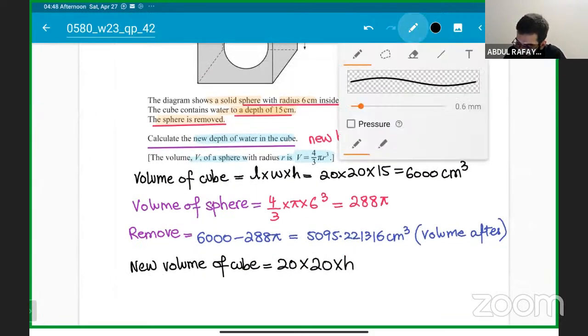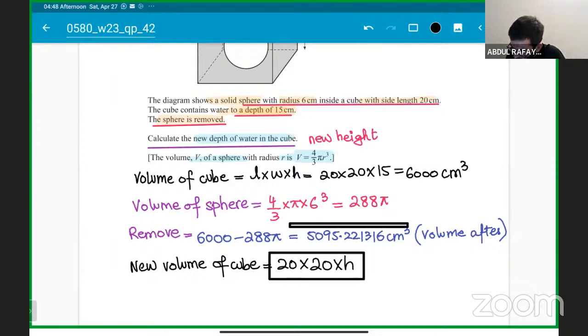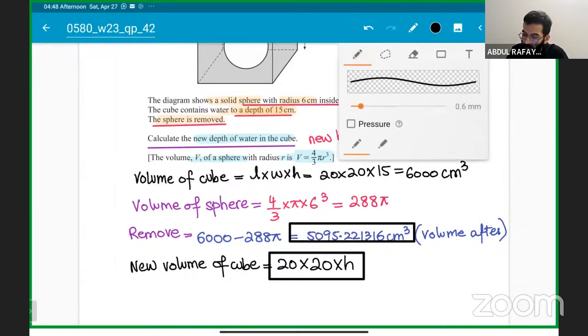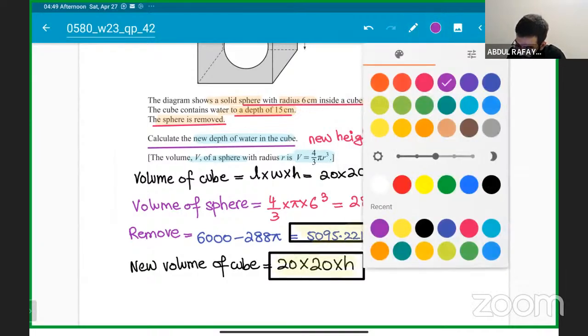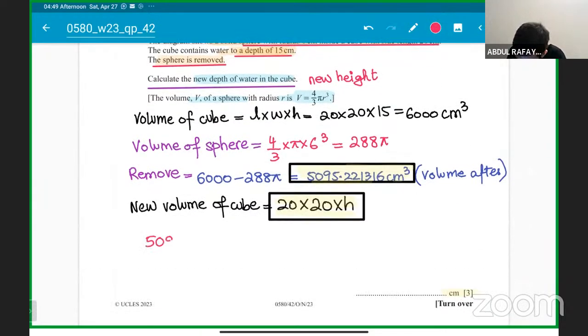आप इसको इस वैल्यू से कंपेयर कर लेंगे, होप स्टूडेंट्स गॉट इट, कि जो न्यू वॉल्यूम है आफ्टर रिमूविंग वो 20 इंटू 20 इंटू हाइट आएगा। जो न्यू हाइट होगी वो आप निकाल लें, वही आपसे पूछ रहा है, डेप्थ निकालनी है। तो क्वेश्चन आपके लिए इजी हो जाएगा स्टूडेंट्स। सो इट विल बी 5,095.22 डिवाइडेड बाय 40 इज इक्वल्स टू h, 20 इंटू 20, दैट इज 400। आप इसको डिवाइड कर लें तो हाइट इज गोइंग टू कम स्टूडेंट